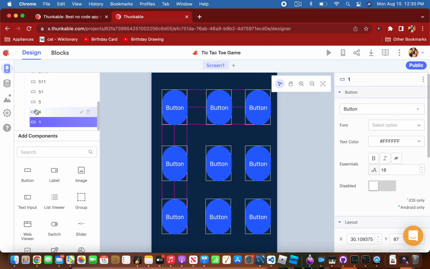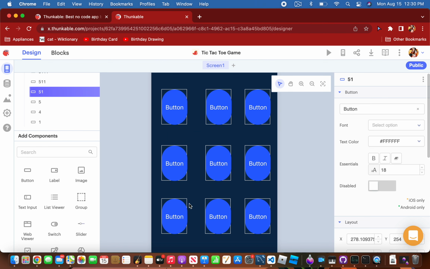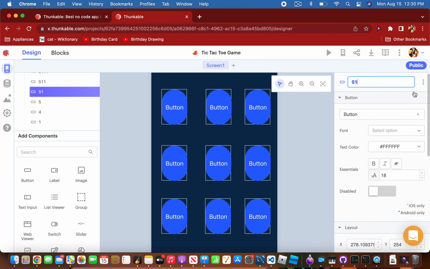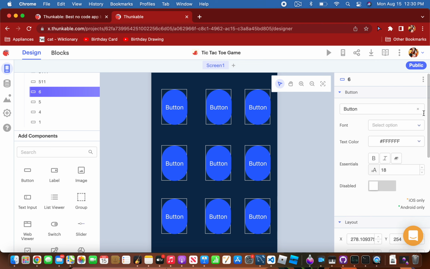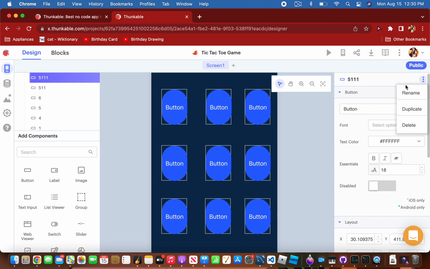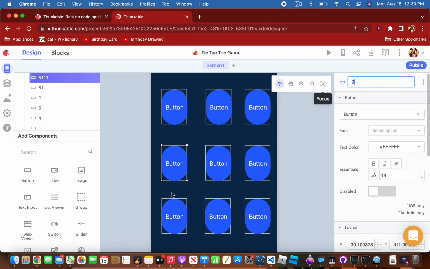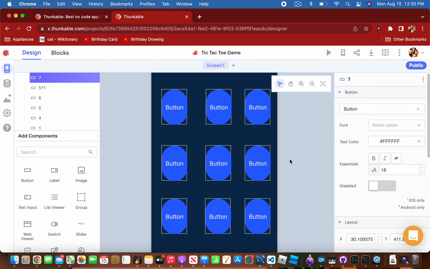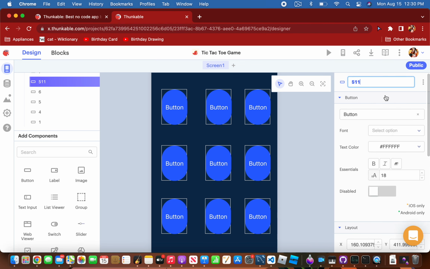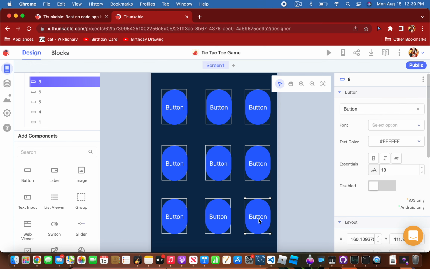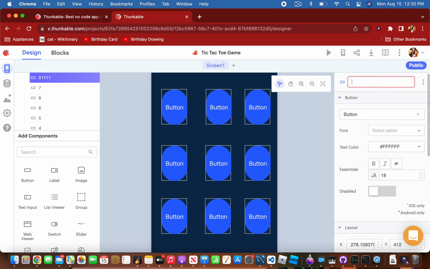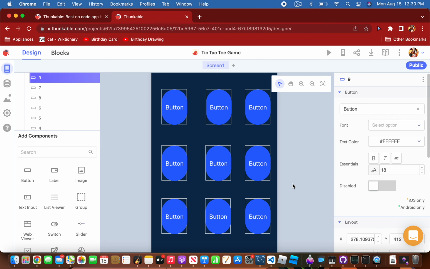Okay, now let's go ahead and rename these things. So which one's 5, 1? That's 4, 5, 5, 1. That's gonna be 6. 7. This is gonna be 8, and this one is going to be 9. Okay, so now that we got our buttons all set up,